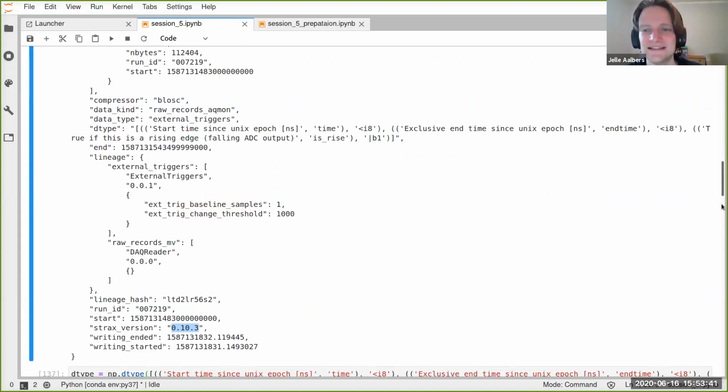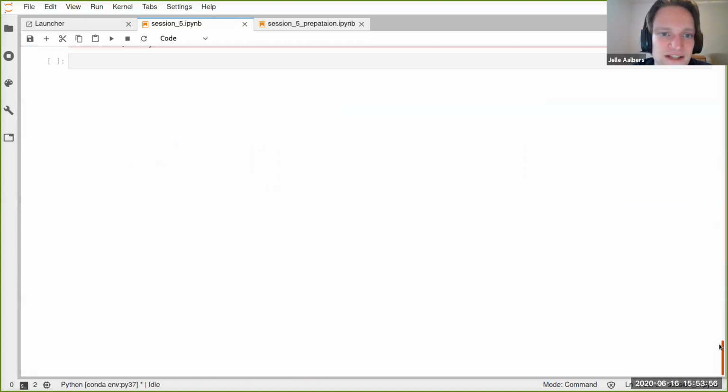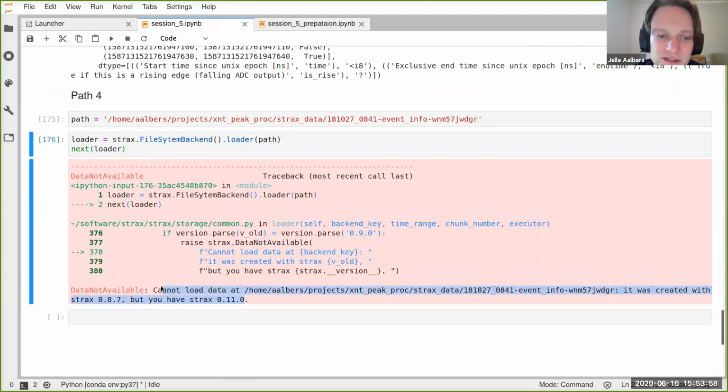It's not really needed. That is true with one exception. If you have an archaeological Strax version, the data format is actually different. So in that case, there's some check in the backend that says you cannot load this data.